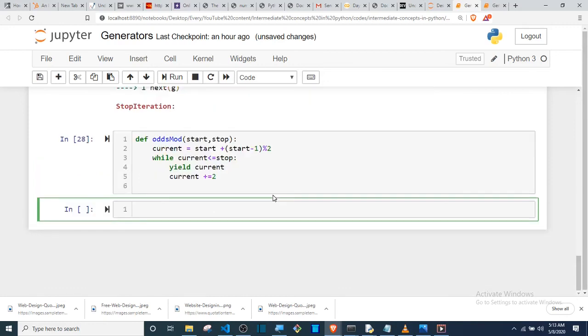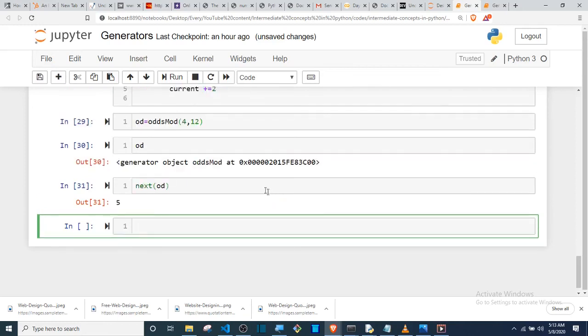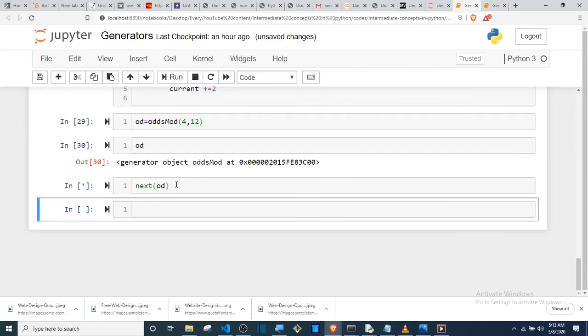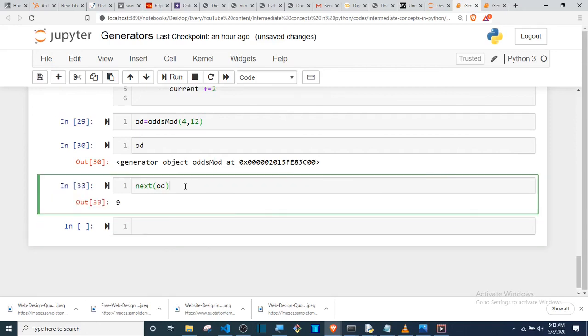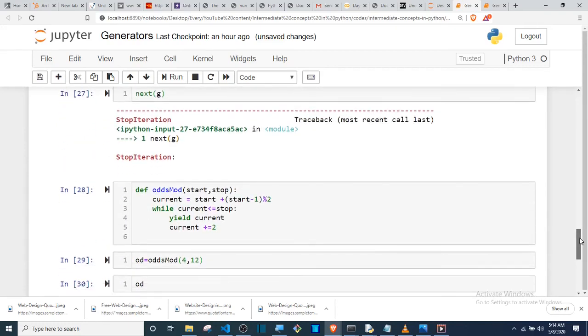So I've run this, so let's use odd equal to odds modified. I'll pass in the start value, let's say 4, the stop value, let's use 12, and then I run this. If I check, odd is a generator. If I look for next of odd, it starts with 5, which is what we expect. Run it again, that's 9, that's 11, and it can't go beyond 11. So you can see this is exactly doing the work